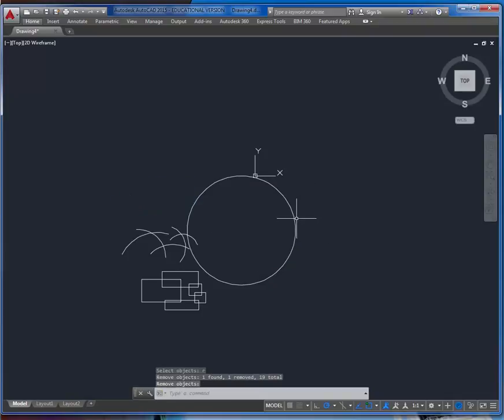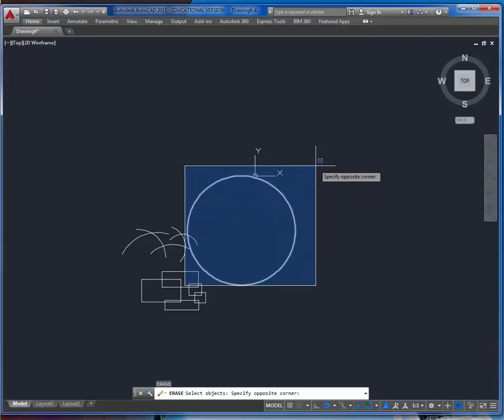Now I want to erase only that circle. Well, I have different options. If I click the space bar and back in erase, I can select it. I'm going to say U for undo. I'm going to put myself back on the erase command, and I'm going to select it with a crossing. See how I only have to touch it and I have selected it? I'm going to say undo again, U for undo, and this time I want to erase the circle with a window. Erase,